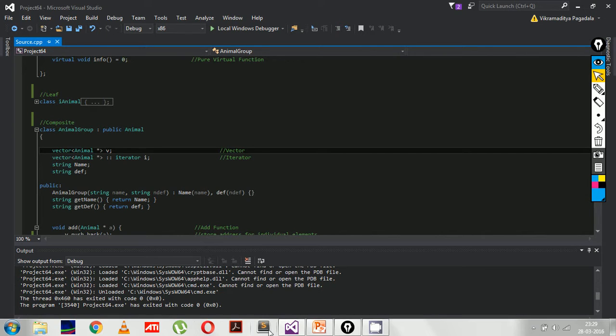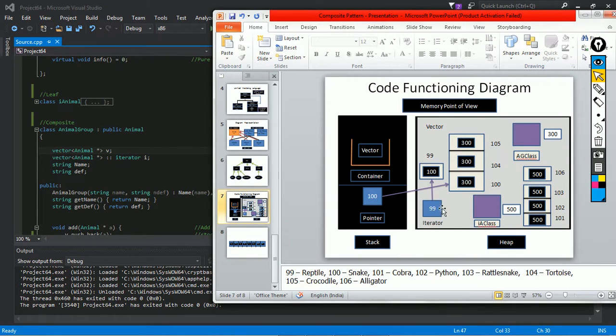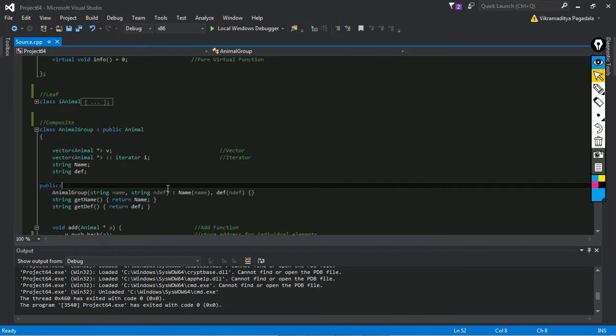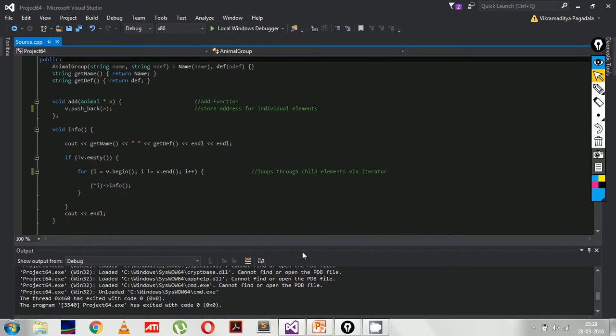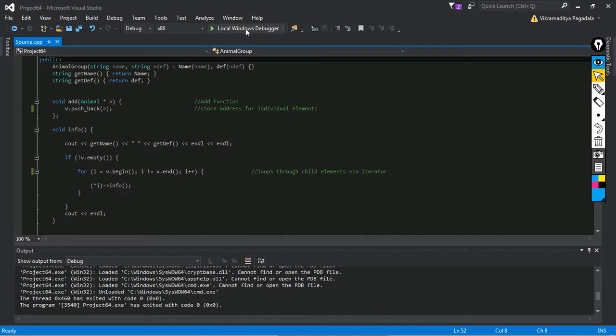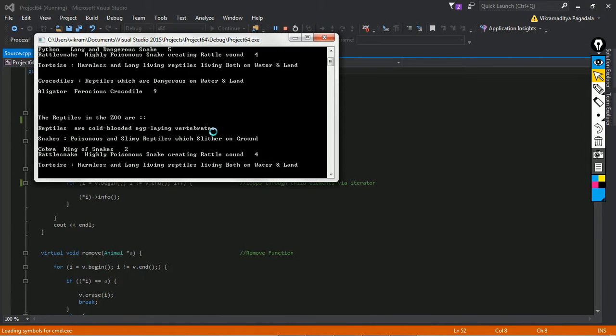So you can see here the iterator, when it tries to loop through all the individual elements, it will give you the same output that we have got. So this is it.